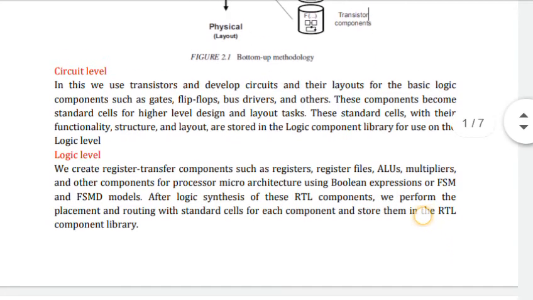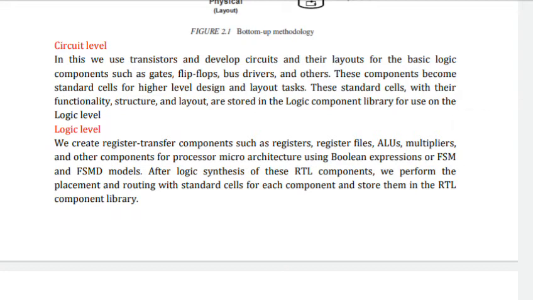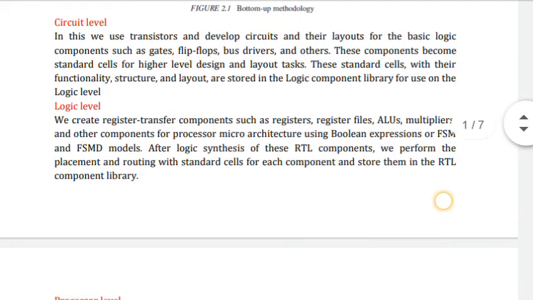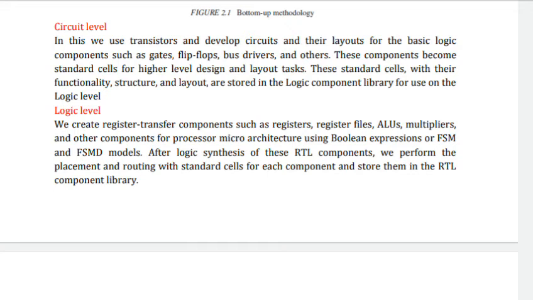Second one is the logical level. We all know in this logical level we create the register transfer components such as registers, register files, ALUs, multipliers, and other components for processor microarchitecture using Boolean expressions, etc. After the logical synthesis of these RTL components, we perform the placement and routing with standard cells for each component and store them in the RTL component library.